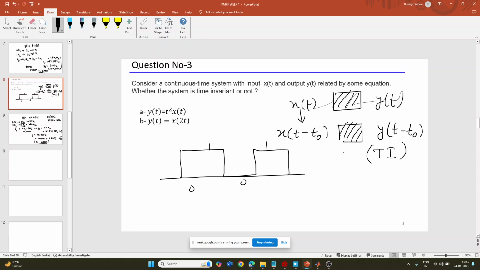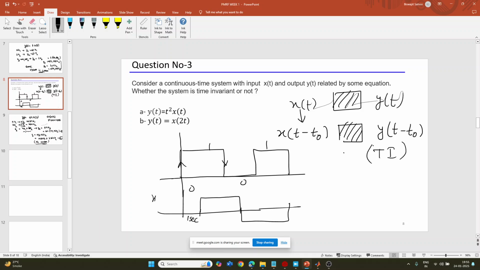Okay, now what is happening? At exactly 0, my input is going high, and exactly at this point it is coming back. Delay means the same system is delayed by some time. From the origin, instead of starting from 0, it started one second later. Let's say this delay is 1 second. Now after 1 second the same pulse is coming.